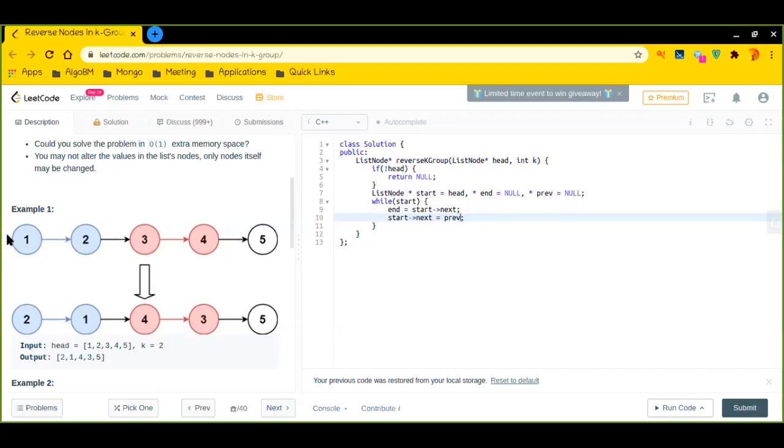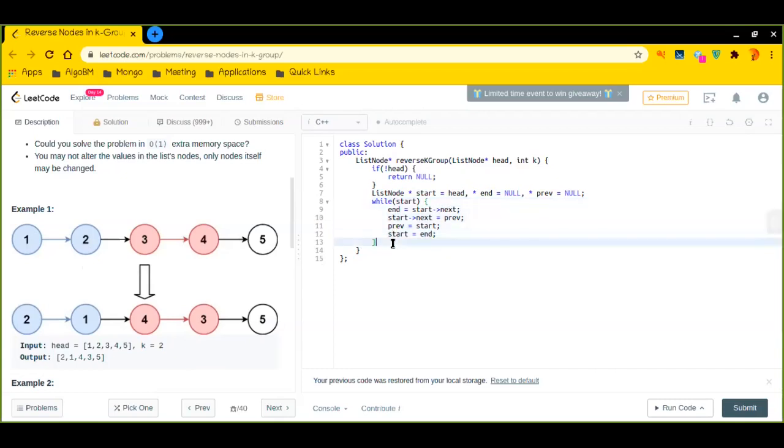Now I should move previous to start. Since previous is now pointing to start, we can move our start node to the node that was being pointed to by the end pointer. In this way we can reverse the entire linked list.